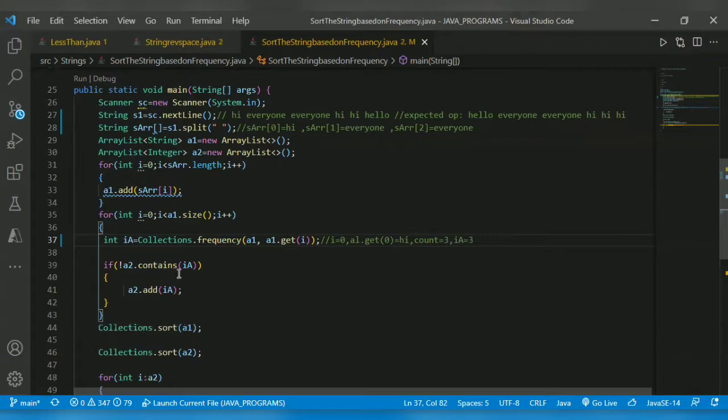After that, it checks a condition: whether the second array list, A2, contains 3. As it is an empty array list as of now, it does not contain 3. So it satisfies the condition and it enters A2. In A2, element 3 will be added.